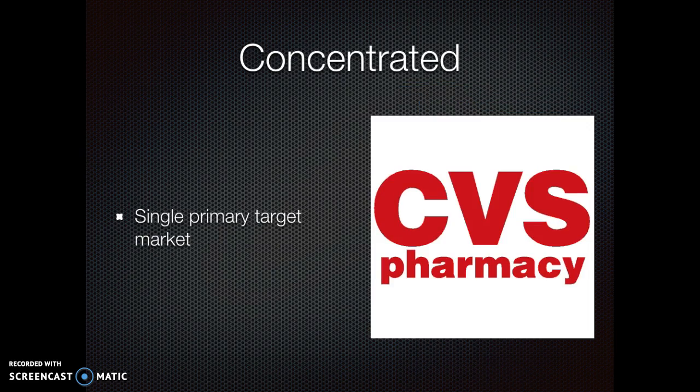After that, we have concentrated targeting, which involves having a single primary target market. This is typically adopted by smaller firms, but can also be used by marketers whose competitive advantage stems from their reputation and expertise. Although they market to a wide variety of people, CVS Pharmacy has adopted a more concentrated targeting